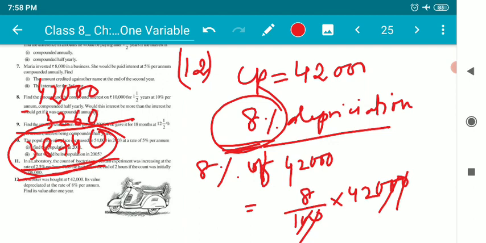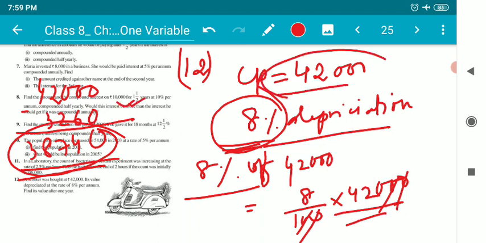It is only after 1 year they have said. So that is why I first found 8% of 42,000. I got 3,360, and the price depreciated means we have to subtract it from the main cost price, which was 42,000. We know very well, whenever we buy any scooter or a car, we buy with an amount, but when we go to sell that car or a bike, we don't get that much price. So we need to sell it at a lower than the buying price, because we have used it. So every year the price of the vehicles depreciates.